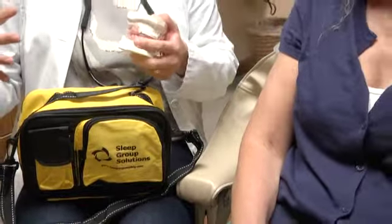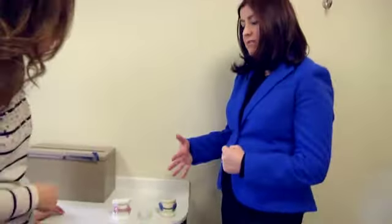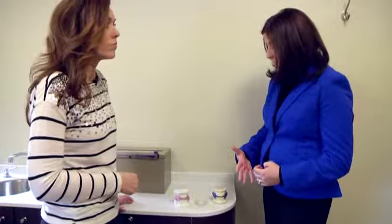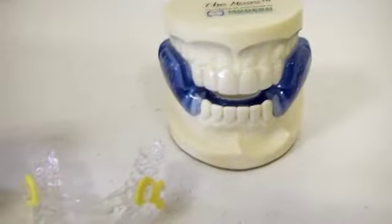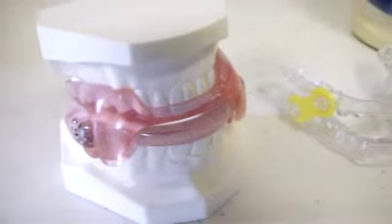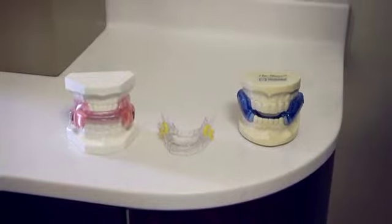But a lot of people just cannot tolerate a CPAP machine for whatever reason. They think it's uncomfortable, or the mask leaks, or they just can't keep it on at night. So these appliances are sort of the second line of defense if you can't wear a CPAP machine. All of these appliances that we use in our office are FDA approved for the treatment of sleep apnea, and each of them, they're a little bit different, but they have two main components, one that fits over the upper teeth, one part that fits over the lower teeth, and the way that they fit together actually holds your lower